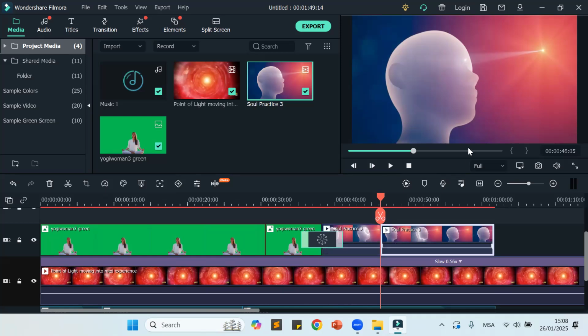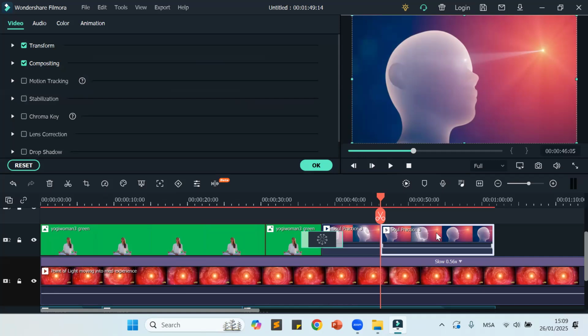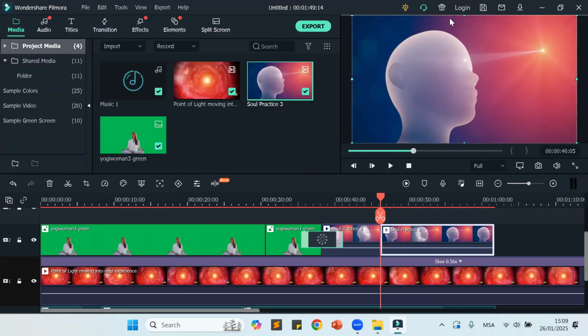As it comes to this section, can you see this section? I want this section with the background of that moving soul. Do you understand my thought? Okay. I'm going to now double click on this part. Double click. Can you see that? When I double click on this part, which is down here on the track,